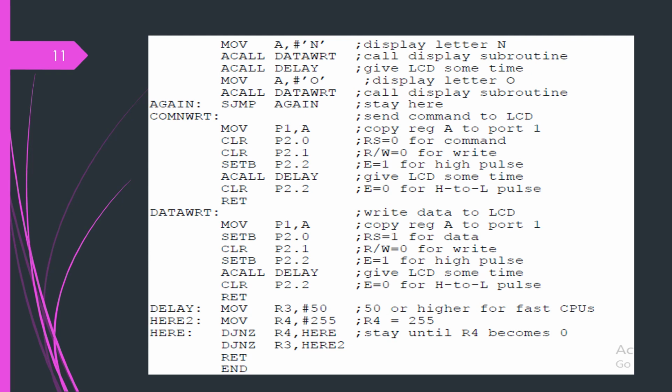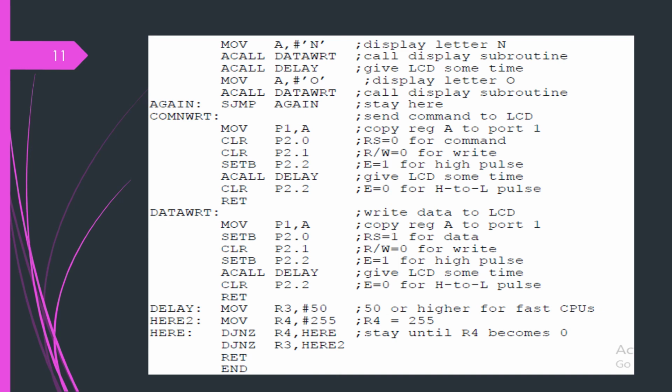Then enable is made 1 for a high pulse, then delay is called, and then clear. Every time we are in the data write routine, only then are we making RS 1 temporarily, that is the P2.0 pin, and once it is over we make it 0 again using the clear instruction. Clear P2.2 will make enable 0 for the high to low pulse.